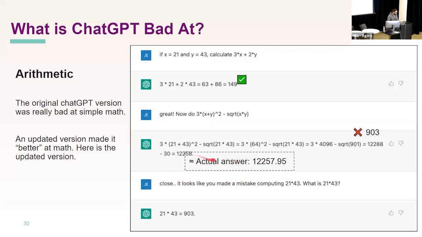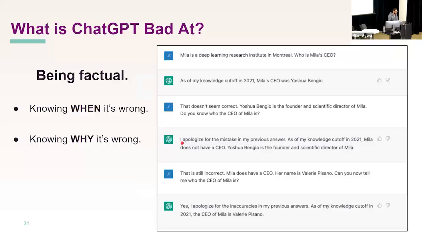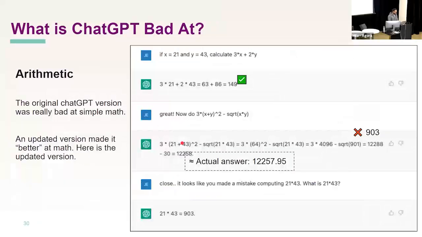But if you look at the answer, it just gives you an integer answer. I mean, very, very close. If you asked me to do this computation and I came up with this answer, I would be very proud of my response. So this isn't to say that it's really bad at math. It's just not the best at being exact with floating point arithmetic. It's not designed to do floating point arithmetic, so you're still better off using calculators for that.